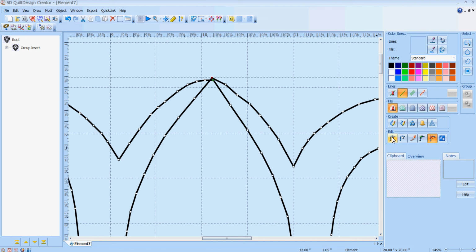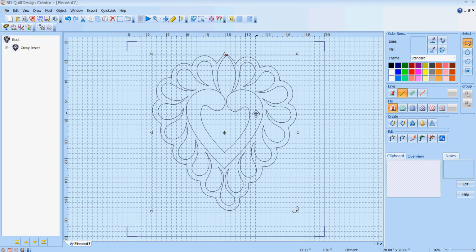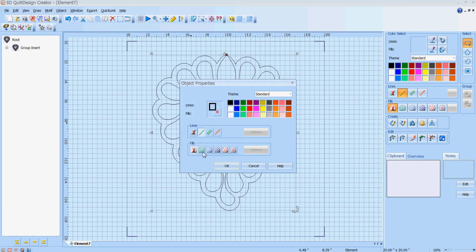So just to make sure, I'm going to choose Edit again, and I'm choosing the Snap button, and I'm going to move the green node up above the red one, and when I get that tiny X, that means it's closed, it's snapped into place one on top of the other. And now I'll select it and go to Screen View. And now if I right-click, you can see that the fills area is no longer grayed out and I can do a fill. So I'm going to choose a meander,